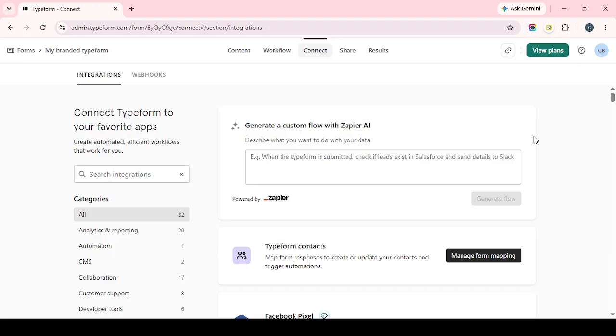Next, map the standard events you want to send when someone submits the form. For example, you might choose an event like Lead or Complete Registration, depending on the purpose of your form. This part is important because it tells Meta how to categorize the submission event. Choose the event that best matches the action a user is taking so your reporting stays accurate and aligned with